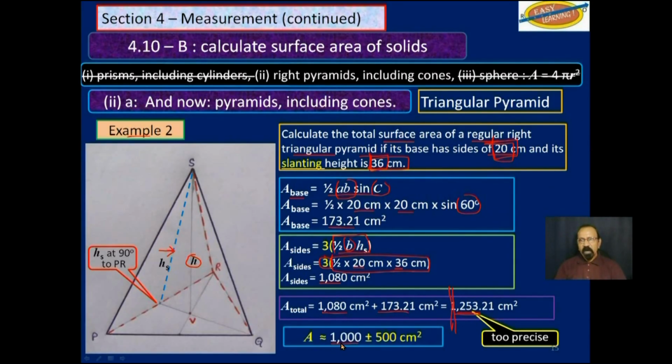And since you have these 3 zeros here to specify where exactly we are rounding off, we add plus or minus 500 square centimeters, meaning that if you double this 500, that will tell us where the uncertain digit is and where we are